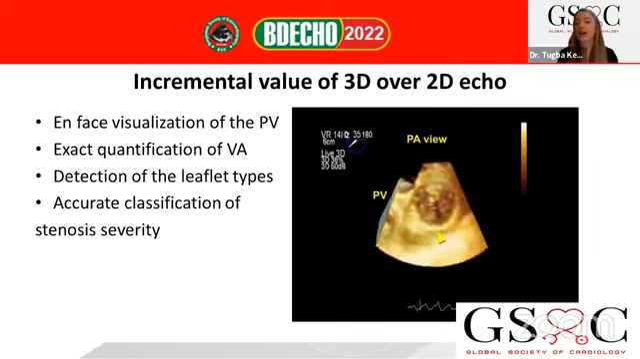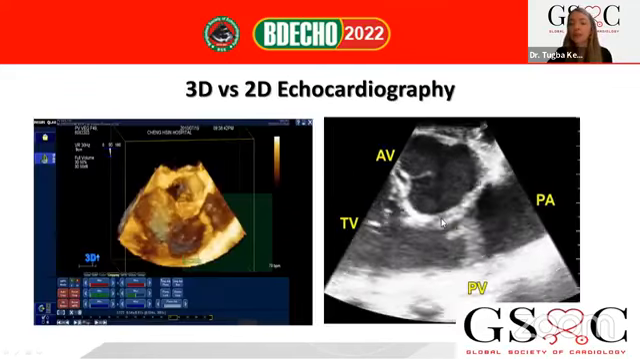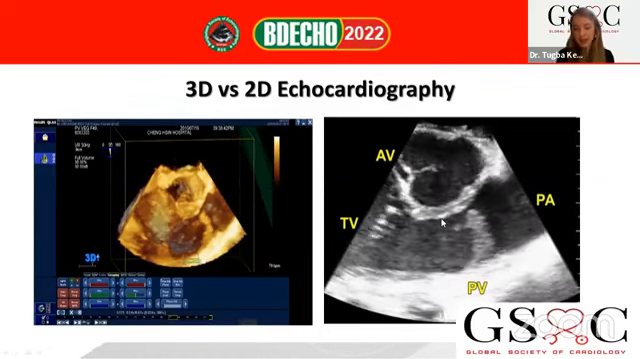3D echo has an incremental value over 2D, and beyond guidelines, we can say that for now, after technological development, en face visualization of the pulmonary valve, exact quantification of valve area, detection of leaflet types, and accurate classification of stenosis severity is possible. And on the right side, you can see clearly that this is unicuspid pulmonary stenosis. And as I said before, it is impossible to say when you are using just conventional techniques and 2D echo